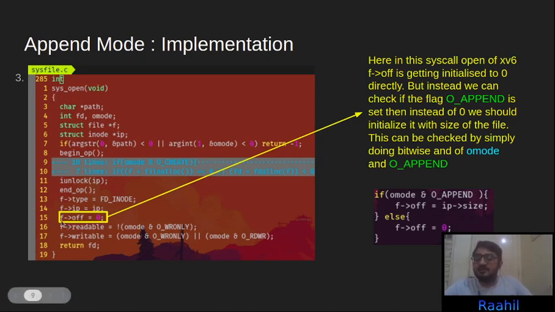In the xv6 code, it is directly initialized to 0, but we should use an if-else statement and first check whether append mode is set. If so, we initialize it with ip->size, where ip is the inode pointer of the current file. It gives us the size of the file, and hence behaves as if our cursor is at the end of the file.